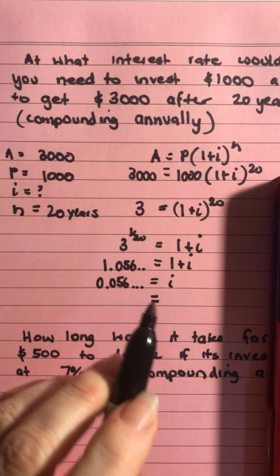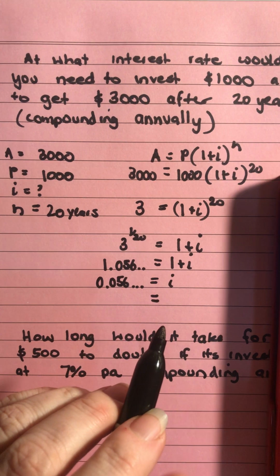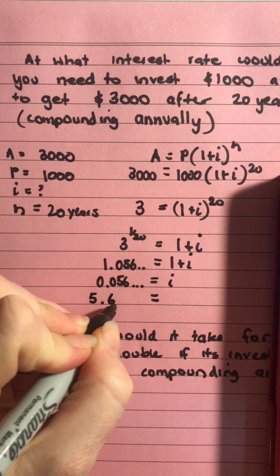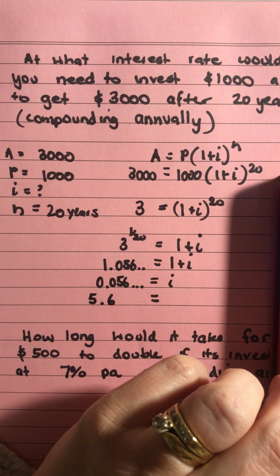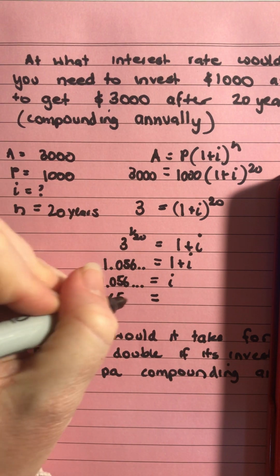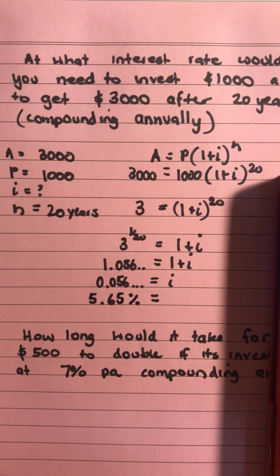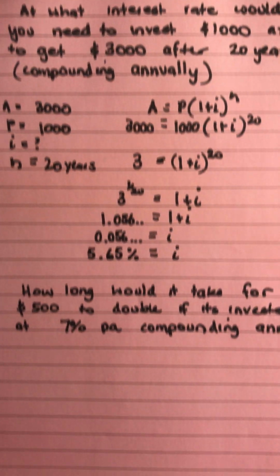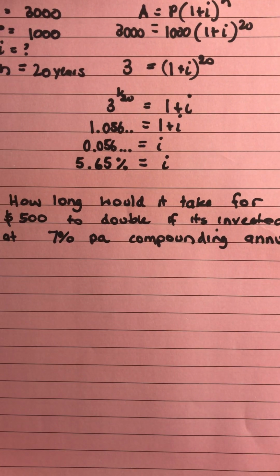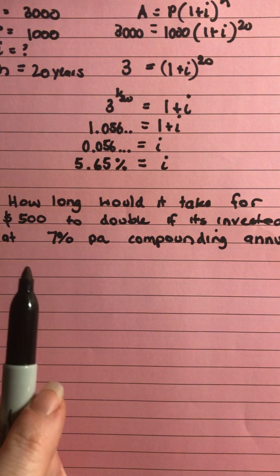To get it to a percentage, I'll times by 100 and I get 5.64, and I'm going to round it now. So I've got 5.64, but the next number is 6, so I'll round that to 5.65. Just go to 2 decimal places, and that's my interest rate that must have been to have earned that amount of money. Now the last type is when we've got